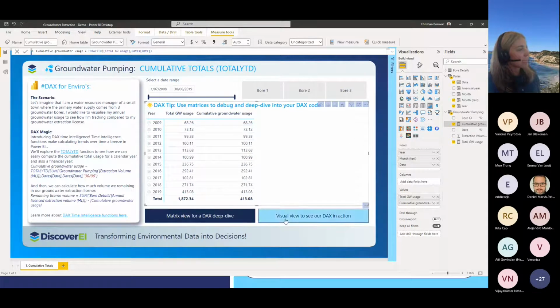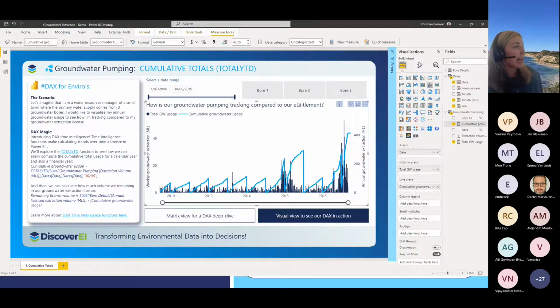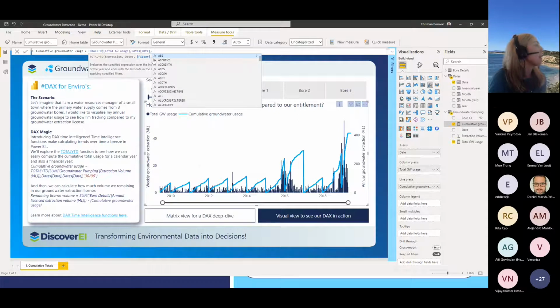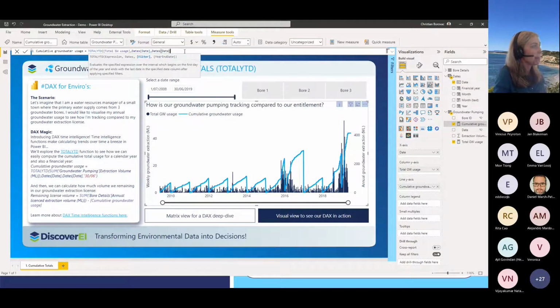If we did want it to reset at the financial year, which is really common when you're reporting on water data, then we can add that in to our DAX measure here by applying a filter and also telling it what the end date is. So the filter we want to apply this over is the same date column of our date table.